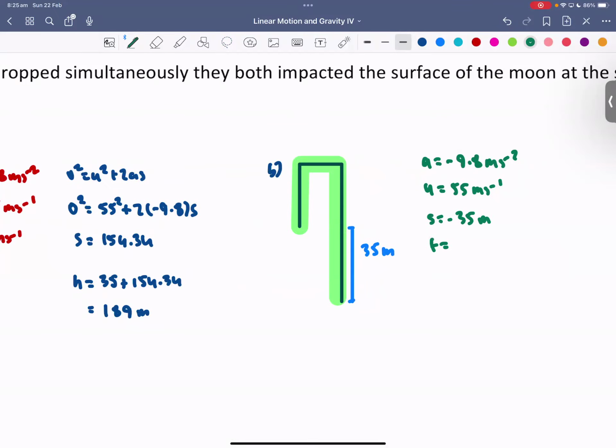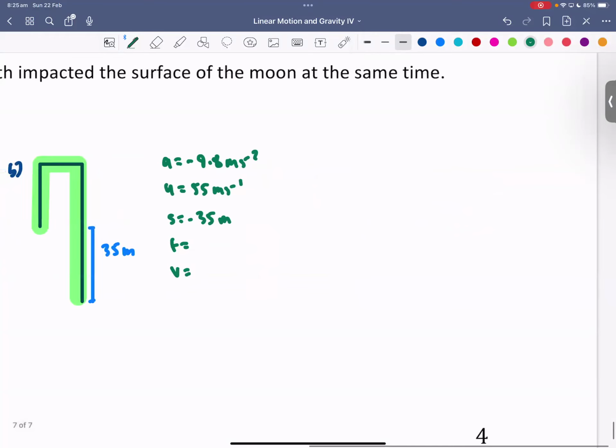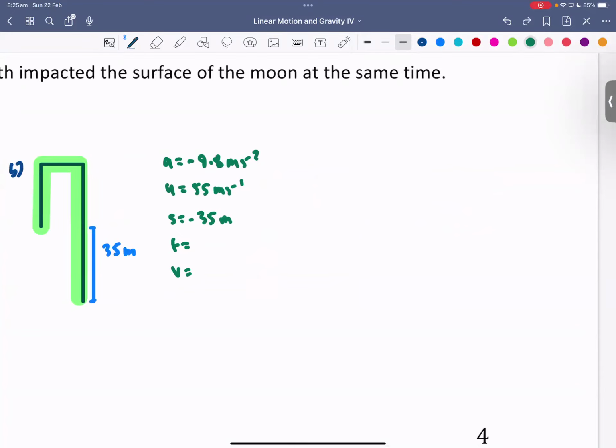No. Why? Because you don't do a quadratic. What will you work out first? V. Doesn't that seem like a waste of time to figure out V first? No. What does part C want anyway? Oh, it wants V anyway, so I'm not even really wasting time. I'm just doing part C before I do part B effectively. Which equation to help us find out V? V, U, S. Yeah, so SUVAT. V squared equals U squared plus